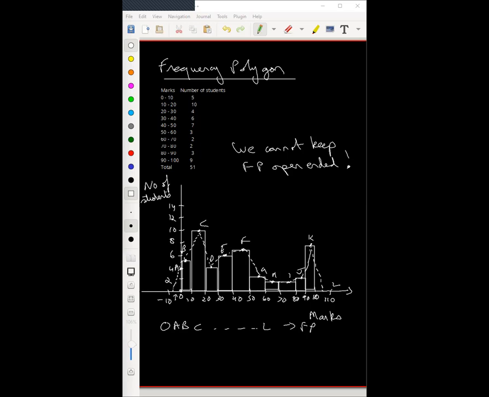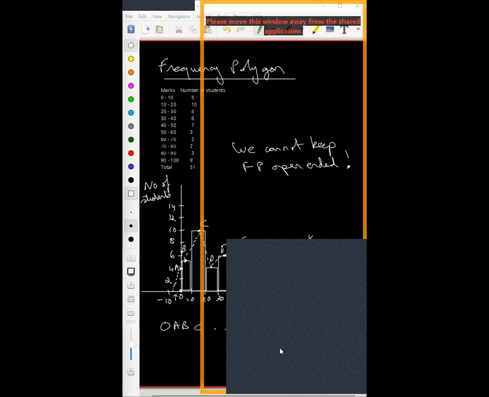Sir, so do we have to make a negative number line on the other side also? Yes, yes, on the left hand side to virtually connect it over there. Because otherwise you will not know where the line will intersect the axis, right? For that reason, yes.